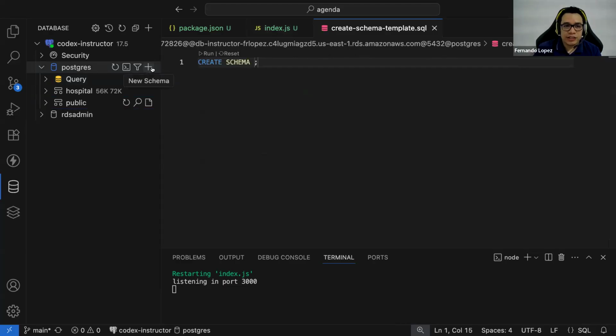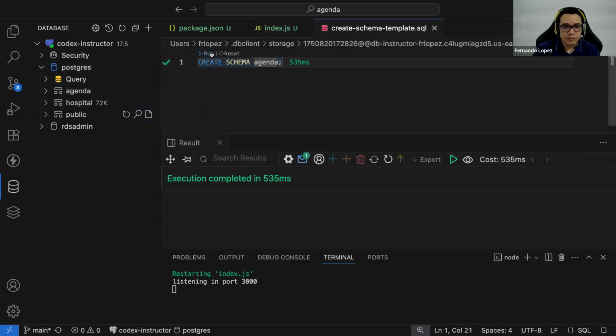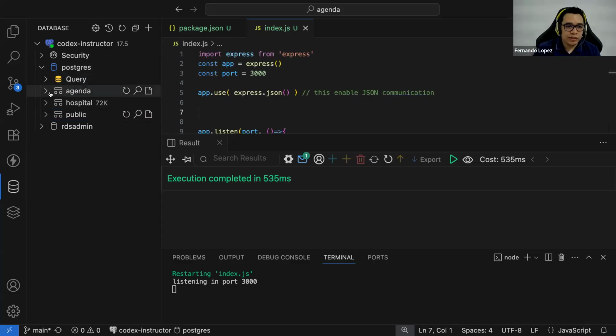I need to create the schema by clicking this plus sign, and this will create a new SQL instruction where the instruction is going to put these two commands, create a schema. Now you need to assign the name of the schema. Okay, so this creates a new schema. Remember, a schema is a namespace so you can group your tables.